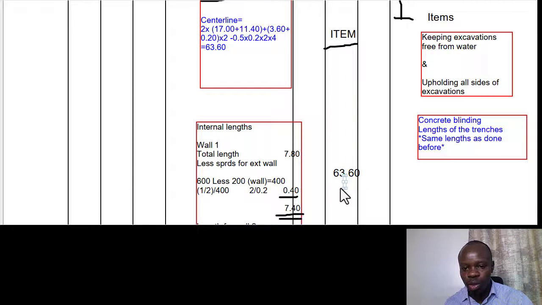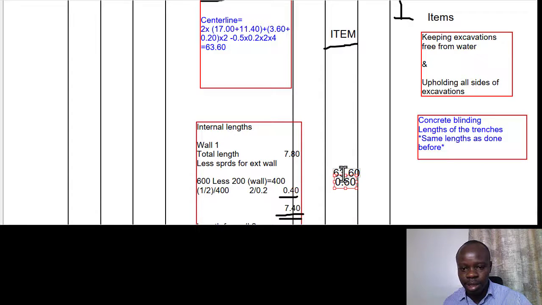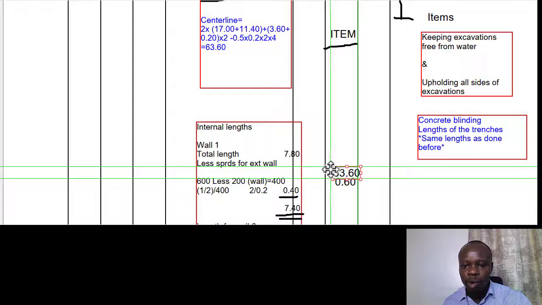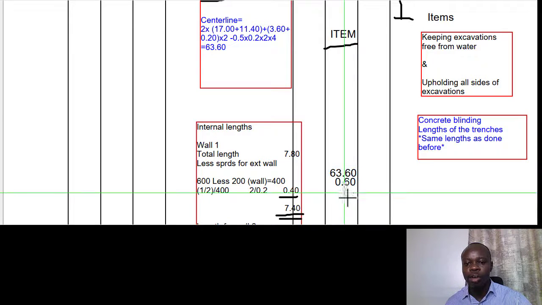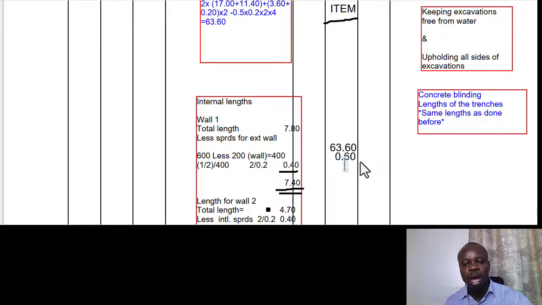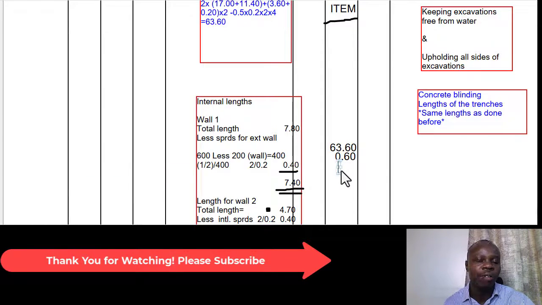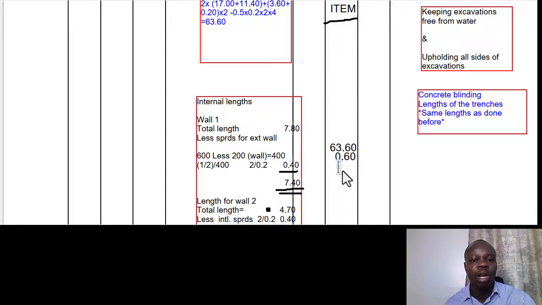Once you have that, then you would go straight to entering the very dimension as well. So after that, we do 0.60. Okay, so that gives us the dimension that we are looking for, the quantity that we are looking for in terms of calculating the concrete blinding in that particular part. So we have one, we've already done the one for the external foundation strip, and then the second one is now for the internal